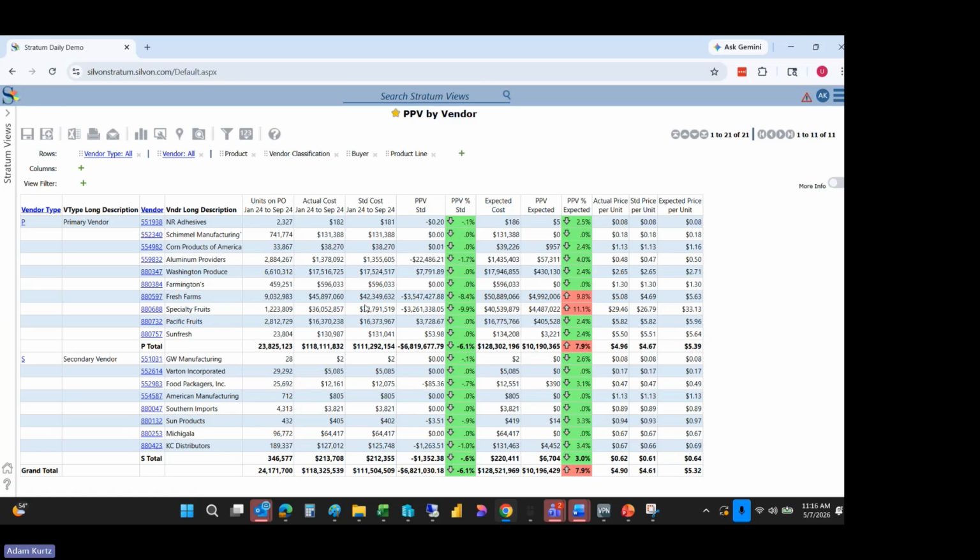And we can see there's quite a bit of discrepancies here for the PPV for certain vendors, Farm Fresh, Specialty Fruits, where, as you can see, our expected costs coming in, where the standard cost is well below that. So we can see a problem here that we could potentially drill into to find out what products that we're purchasing from these vendors that are causing these dips in purchase